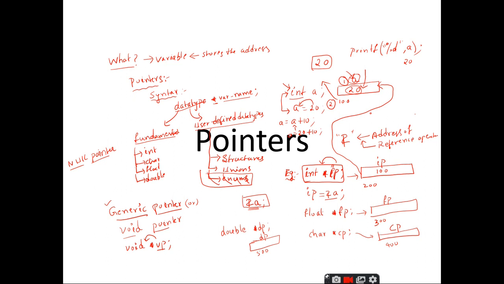So if a pointer stores the null address, we call such pointers null pointers. Is it clear?